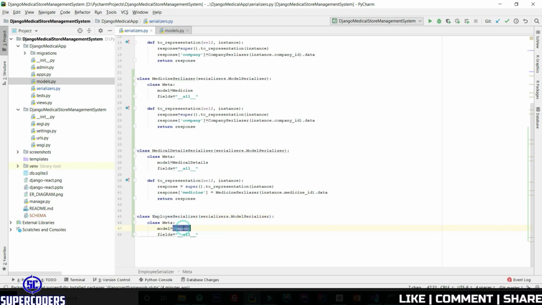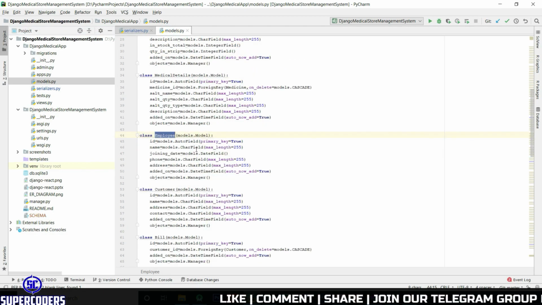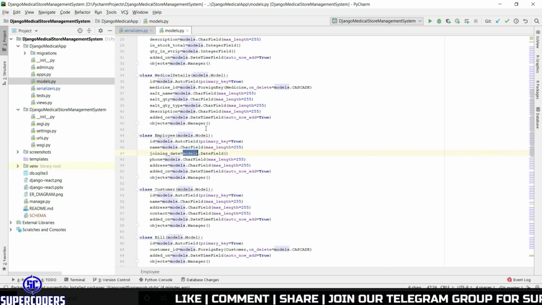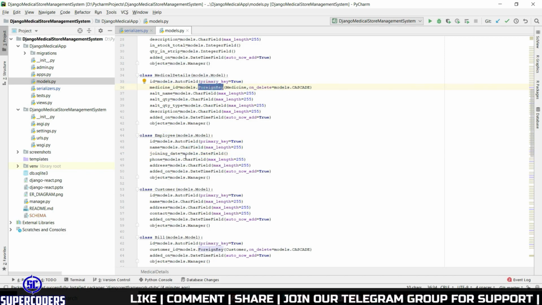Then pass employee in model and import this by clicking add plus enter. Also let's see, there is no foreign key, so no need to worry about the to_representation method.